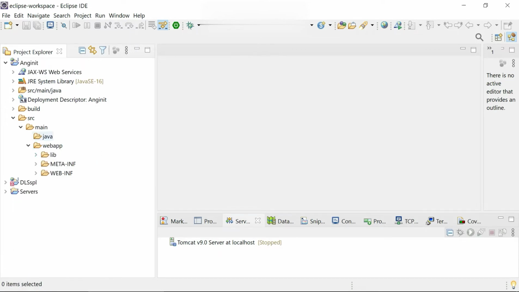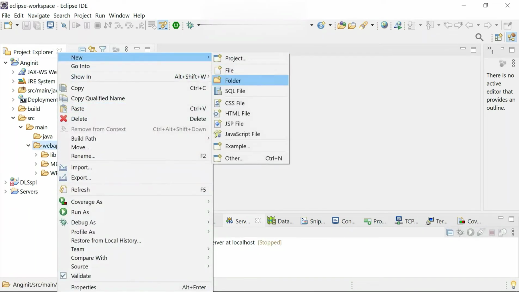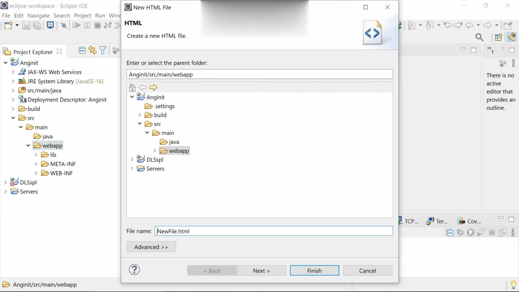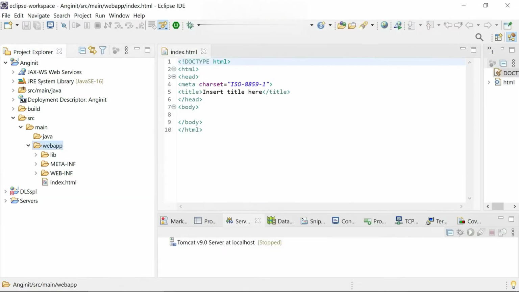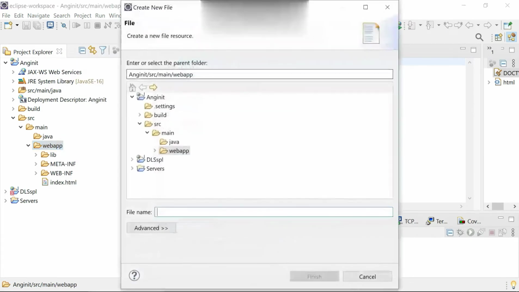Now again go to web app and create two files. One is an HTML file and the other one is an AngularJS file. Right click, new HTML file, and name the file index.html. Again right click on the web app, go to new, and then click on file, and we are about to create the AngularJS file.